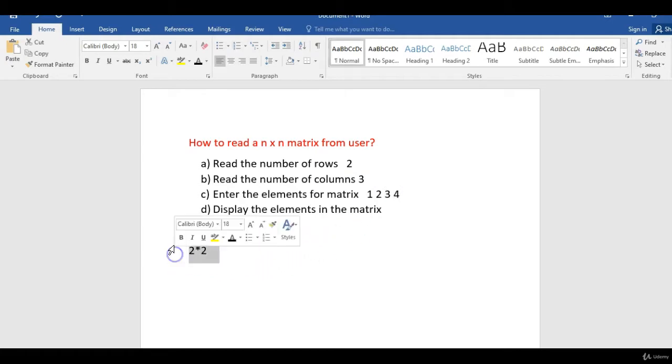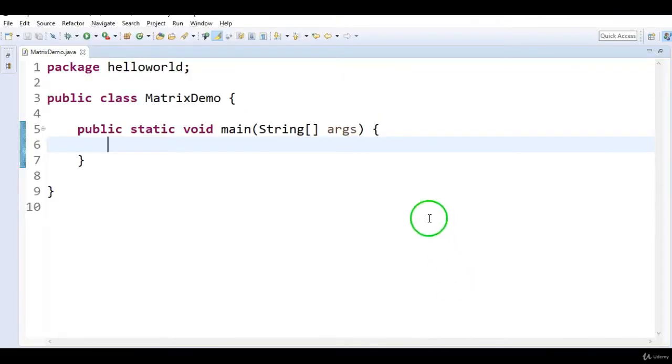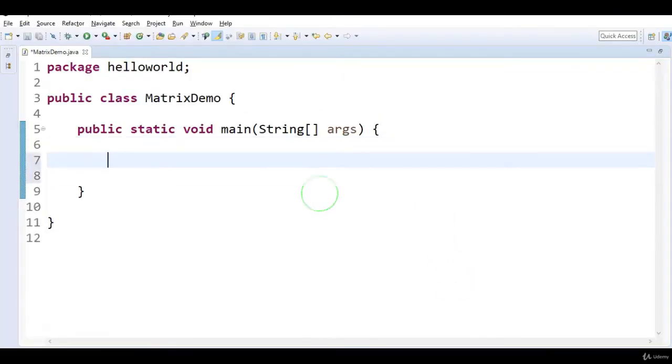How does it get represented? 1, 2, 3, 4, like this. And finally, when we display, it should get displayed like this. So this is the requirement.